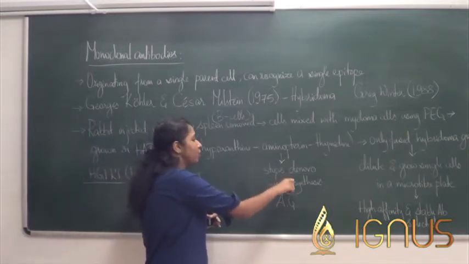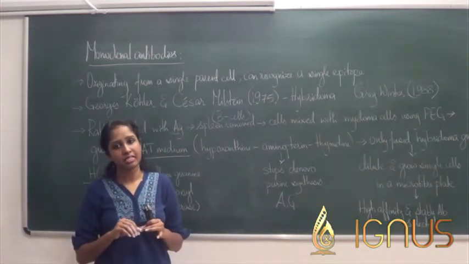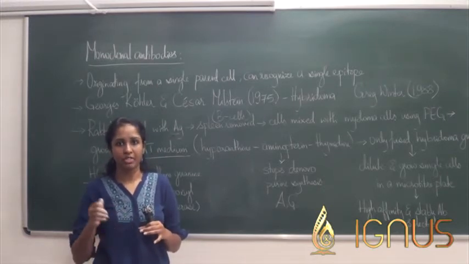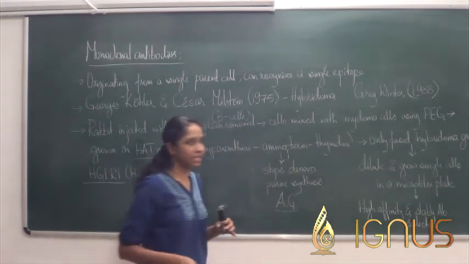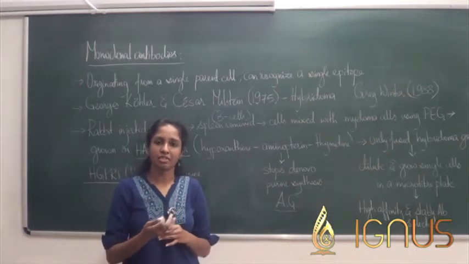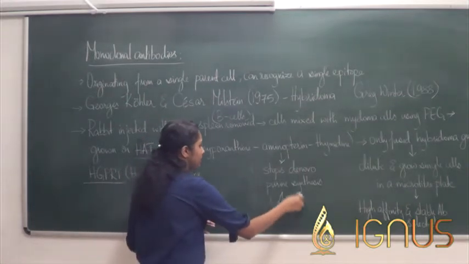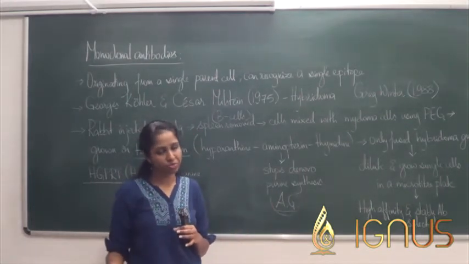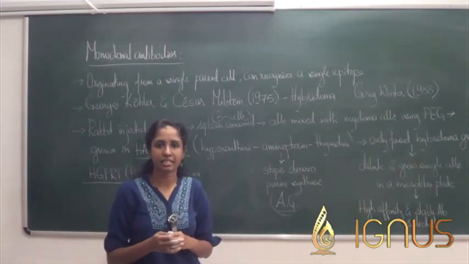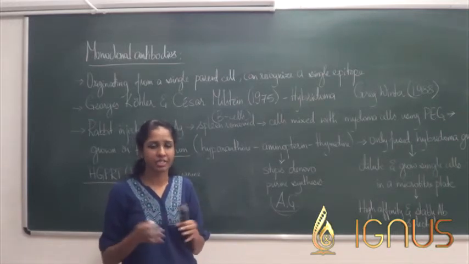Now aminopterin is going to stop the de novo synthesis of purines, meaning that cells cannot synthesize purines by themselves. If a cell cannot synthesize purines, which are adenine and guanine in this case, then DNA synthesis is stopped. If DNA synthesis is not occurring, then a cell cannot divide, right? So purines are extremely necessary for DNA, and also for RNA. If purines are not getting synthesized, then DNA is not getting synthesized, RNA is also not getting synthesized, and the cell will eventually die because it cannot divide, it